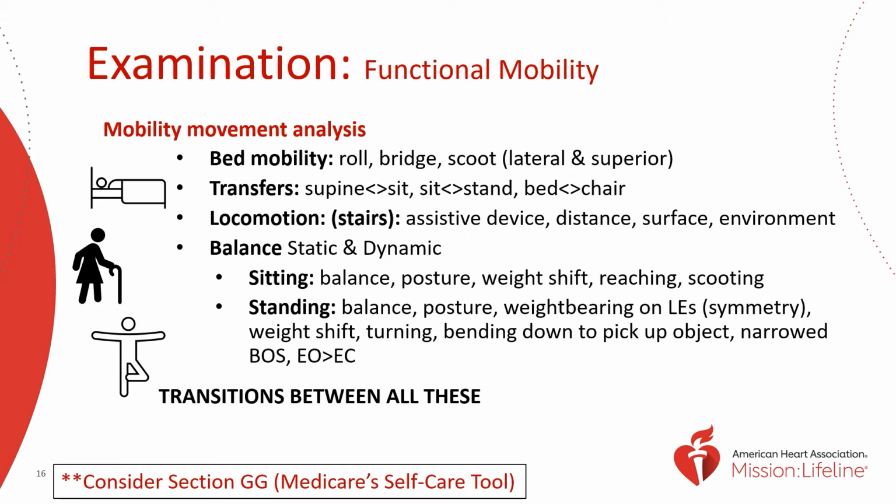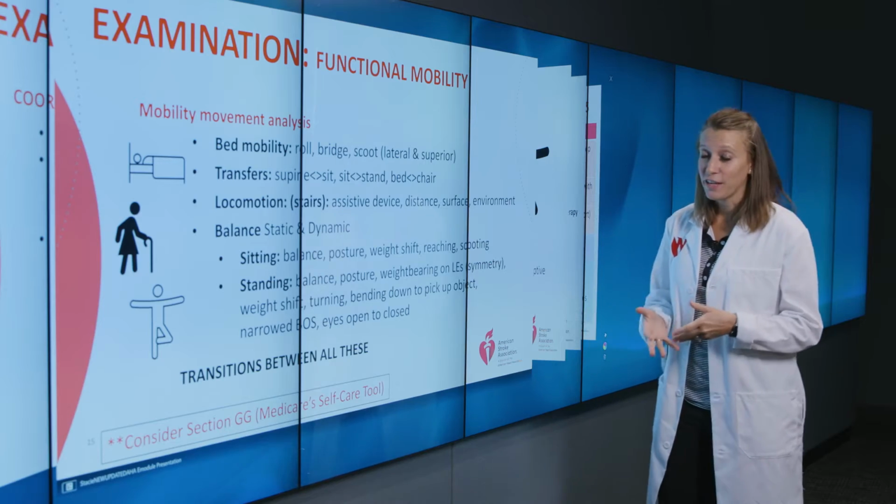Then it goes on to locomotion. And so that's not just walking, but wheelchair, right? Which mode of locomotion are they going to use? Are they going to be ambulatory? Are they going to need to rely on a wheelchair? Maybe a little bit of both for a while. So we need to assess that. How far can they go? What device are they needing? Do they need assist? Does the surface or the environment that they are in make a difference in how they